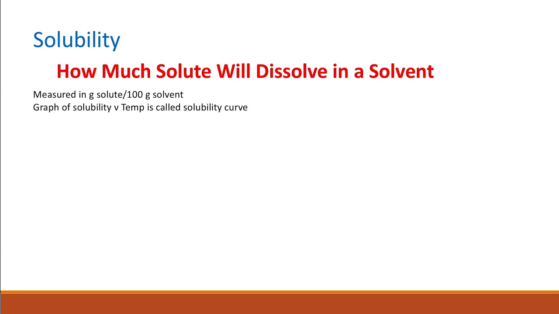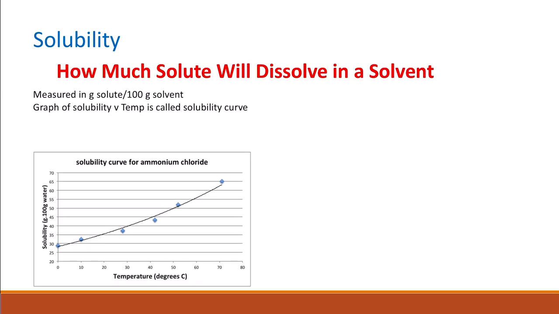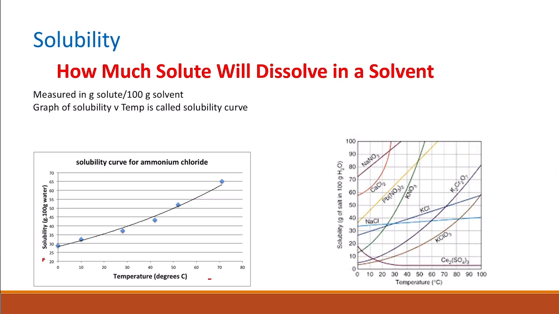There is a graph of solubility versus temperature, and it's called the solubility curve. This is the solubility curve for ammonium chloride, where the temperature is shown on the x-axis, and the solubility in grams per 100 grams of water is on the y-axis. Different substances have different solubility curves, and remember that the solubility of most solids will increase with an increase in temperature, while the solubility of gases will decrease if the temperature increases. We can calculate the solubility by experiment. If we calculate the mass of a